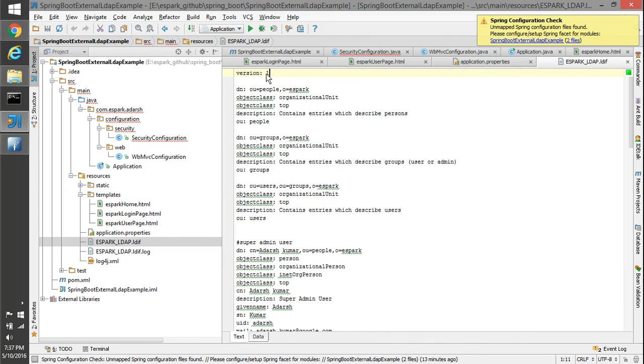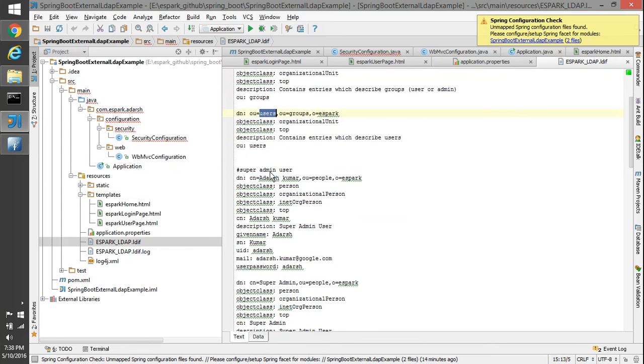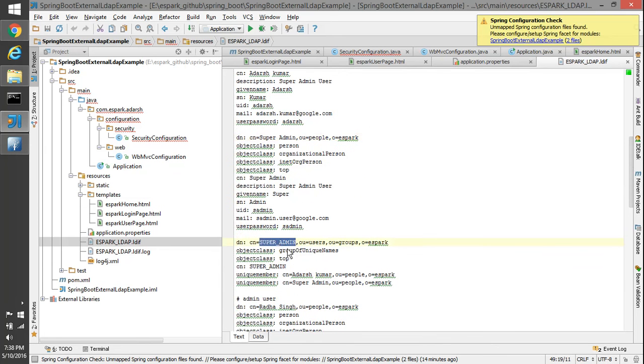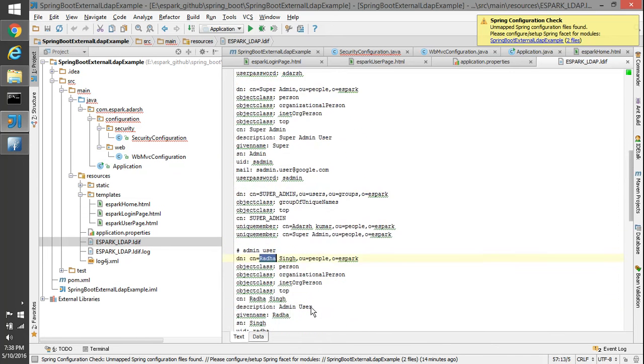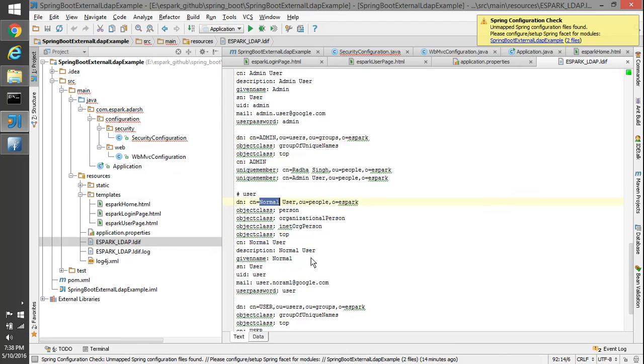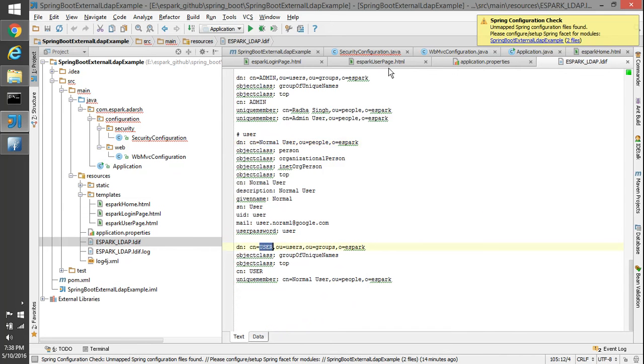So first thing is the import version, then we have created the people groups and then users inside the group, and then the actual users, others, super admin. This is a user type, then this is a user, then again we have created a user type, and then a normal user, and then again a user type.